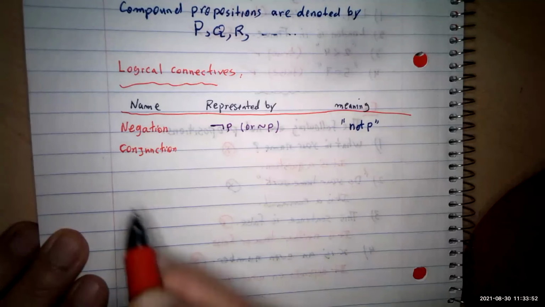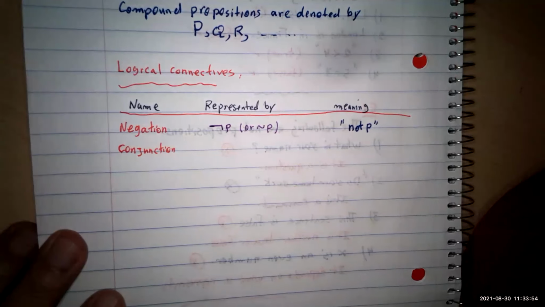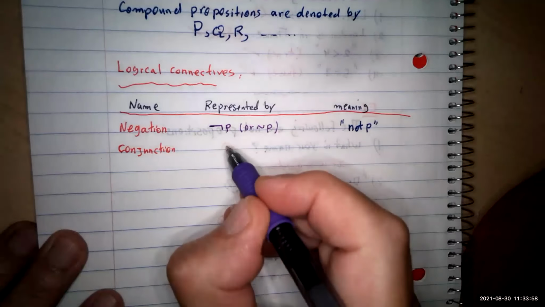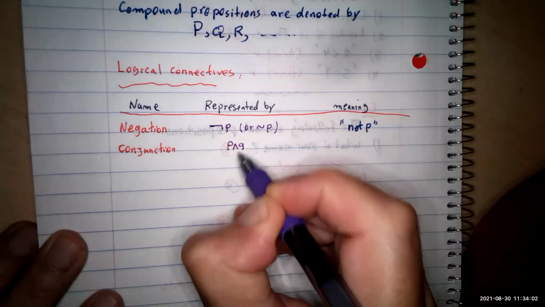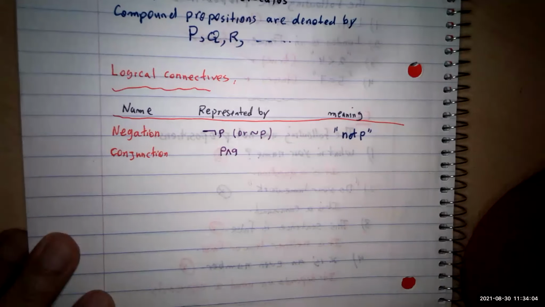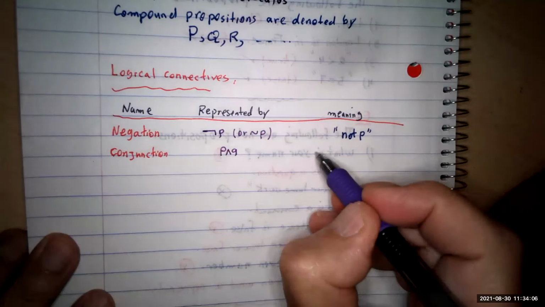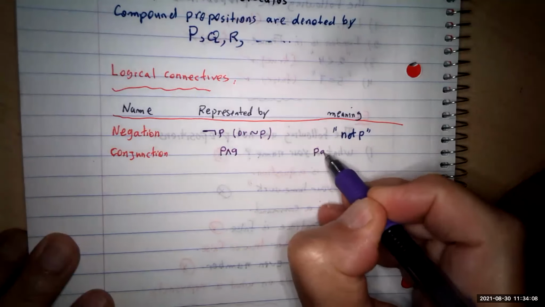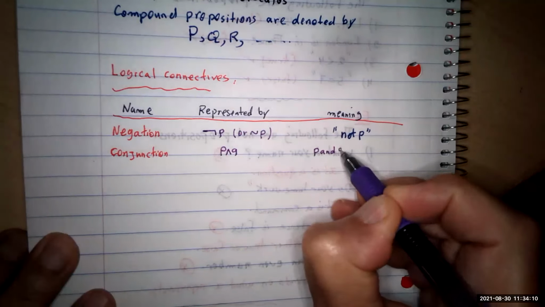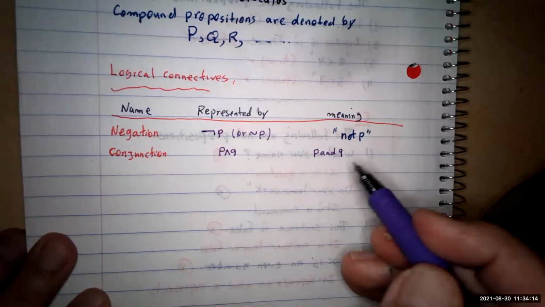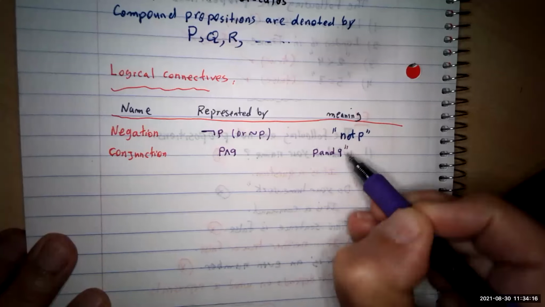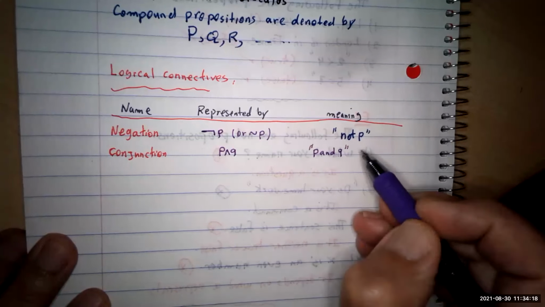The notation that we're going to use is P and Q. This is the way we are going to call it, P and Q. A more popular one in your book, and we are going to use it from time to time, is going to be